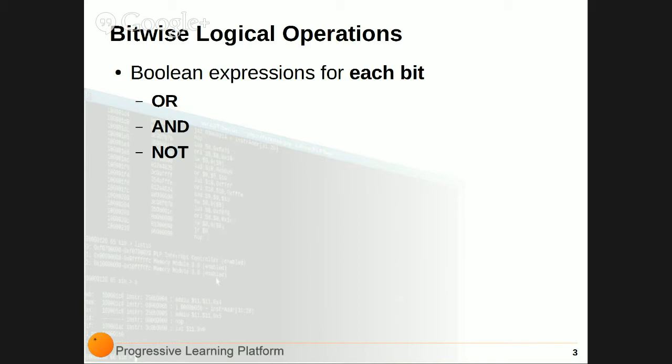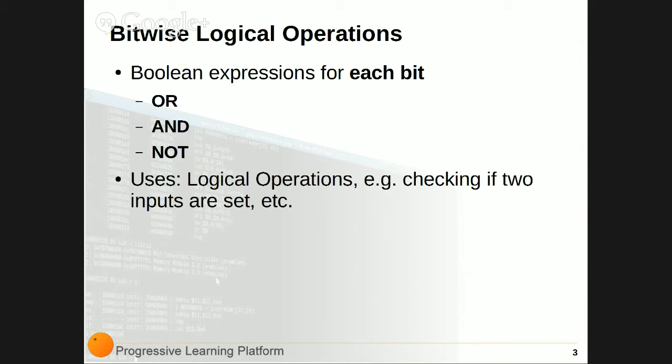So or, and, not are the basic gates that you can use to implement all kinds of logical expressions. That's all you need. Is that the only combination of logic gates? No, there are other logic gates you can use to implement all Boolean expressions. But with or and not, you can do it too.